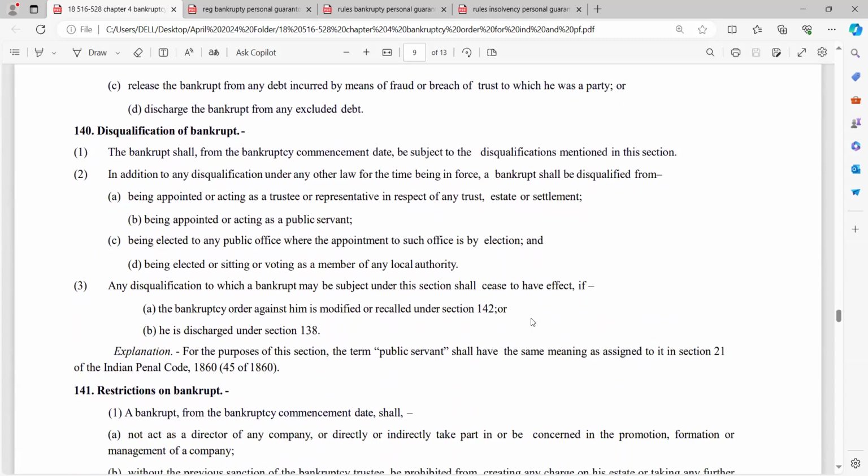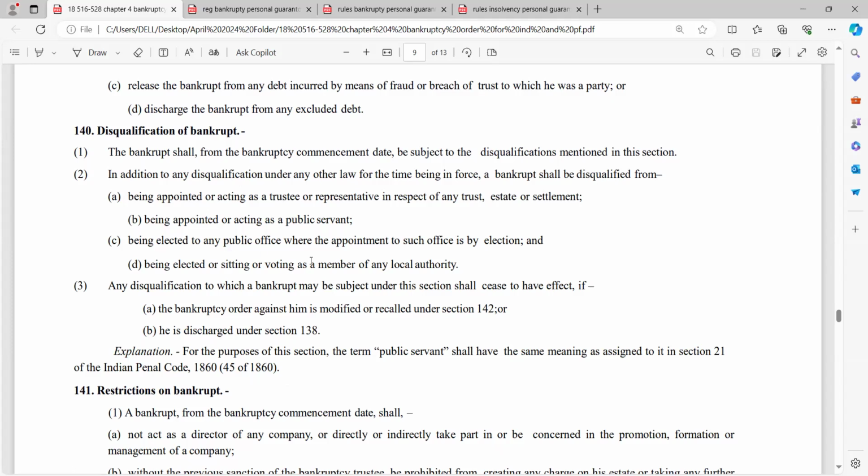140 क्या बोलता है? डिस्क्वालिफिकेशंस ऑफ बैंकरप्ट। The bankrupt shall from the bankruptcy commencement date be subject to disqualifications mentioned in this section. ठीक है, in addition to any disqualification under any law, a bankrupt shall be disqualified from being appointed or acting as a trustee or representative in respect of any trust, estate or settlement। ठीक है, being appointed or acting as public servant, public servant नहीं हो सकता। ठीक है, और पब्लिक सर्वेंट के लिए डेफिनेशन आपको कहां देखनी है, सेक्शन 21 ऑफ द इंडियन पीनल कोड।